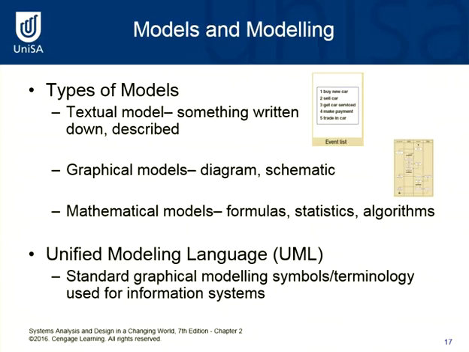Now you'll get to do some textual models because you'll need to write some things down obviously in your assignment, but we'll also be looking at different types of graphical models, which are diagrams. Is that a UML diagram? That's a UML activity diagram, and that's what you'll be coming up with in your assignment. So UML model is the standard graphical modelling terminology used for information systems. All right, so it's a standard